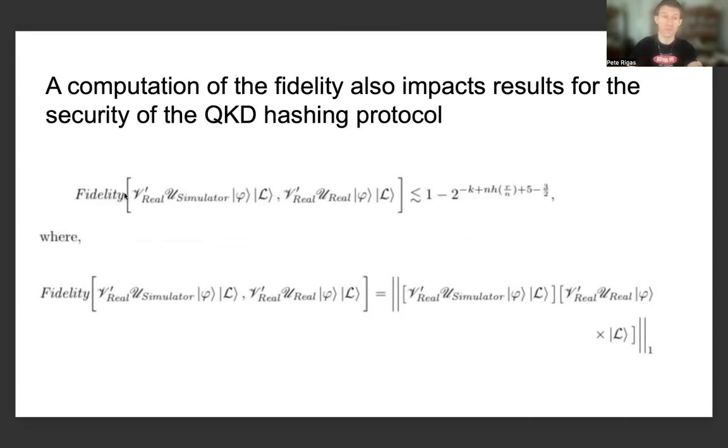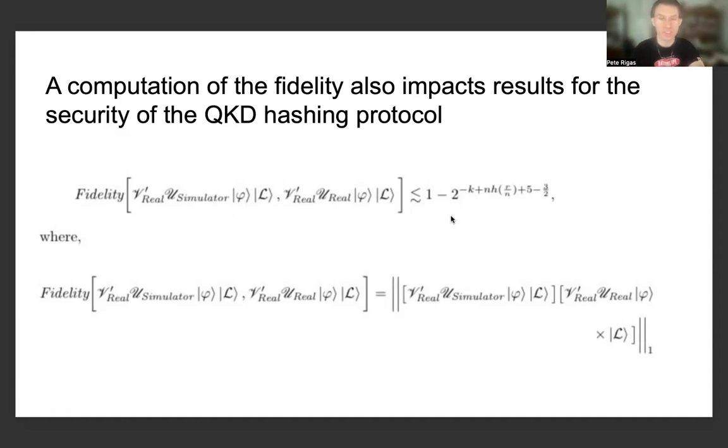That is to say, the fidelity between these two states that I described for you in the previous presentation of this series, the second part, namely looking at the action of the V real isometry with the U simulator isometry upon some purification state, again some ket for the purification of a random matrix, as well as this ket of varphi, which is relating to another state that one can obtain from the maximally entangled states taken with respect to the Bell basis, has some very similar and very closely related upper bound, up to constants, to what I had provided in the previous presentation,